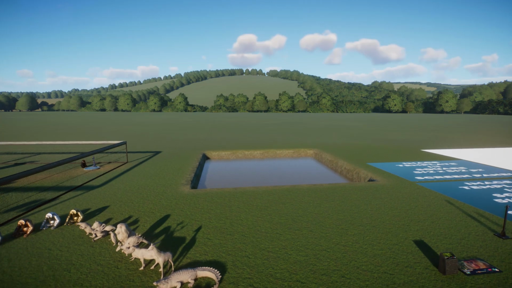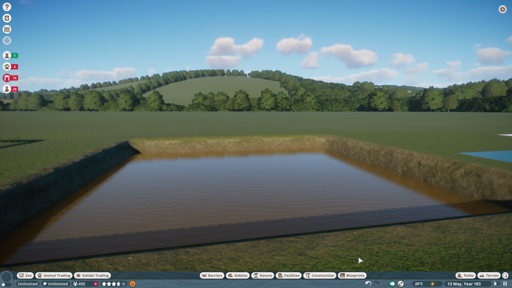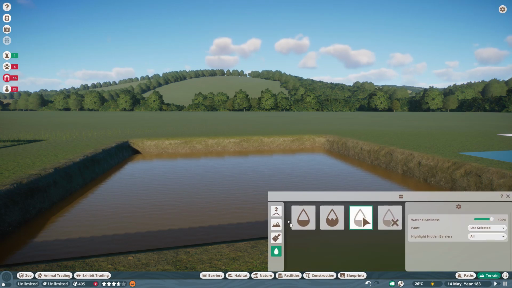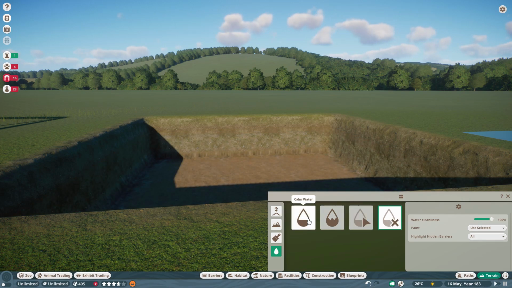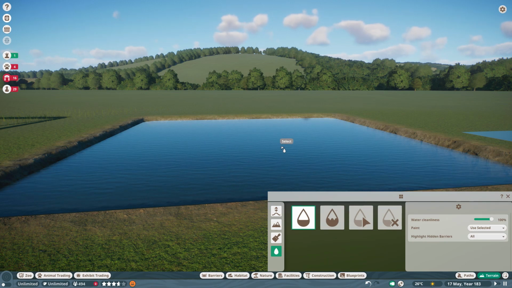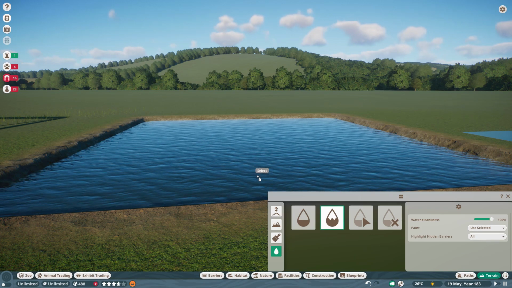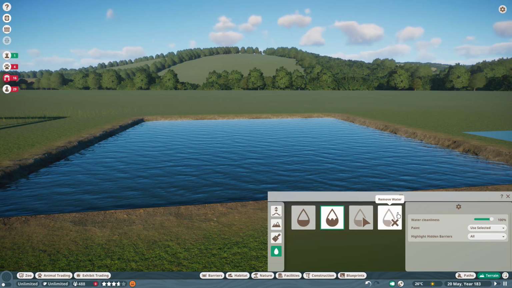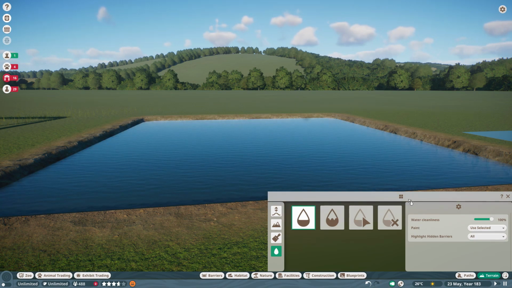So we'll look at the water, and then we'll go on to the other big one. So water, this is another new thing. So the water tab has been kind of redesigned a little bit. So we've got here calm water, rough water. So calm, nice still water, rough, a little bit more wavy. So what we have now is we've got the remove water button to click on. We can still add stuff in and right click to get rid of it as well, but we have this